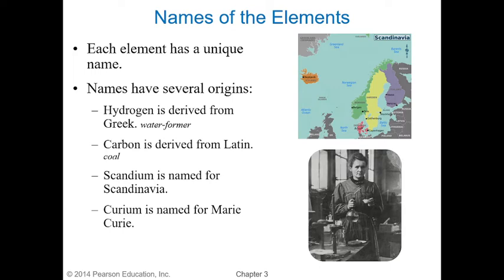So, paano ba nagkakaroon ng names yung mga elements? So, each element has a unique name. For example, may mga origins kasi yan, yung mga pangalan ng mga elements natin. For example, hydrogen. It is derived from Greek word. So, you can separate hydro and then gen. Di ba, hydro means water. And yung gen kasi is like parang Genesis. So, when you say Genesis, this is the star. So, its name is